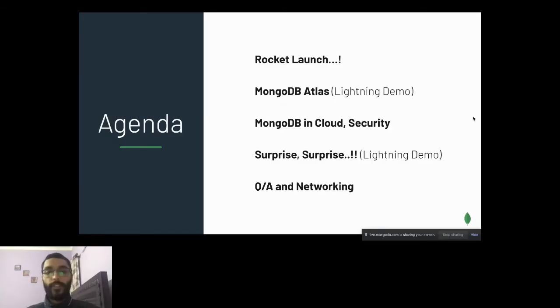Today's agenda will be that we'll be rocket launching our event, our chapter. After that, there will be a lightning demo on how to spin up your own free MongoDB Atlas. After that, we'll have a talk by our guest lecturer, Vinicius, on MongoDB in cloud and the security around it. And then we have a very surprising demo,